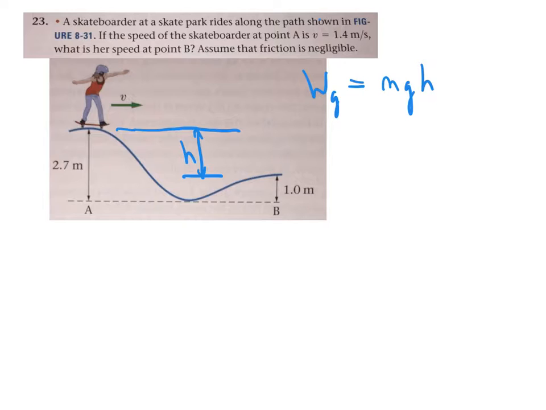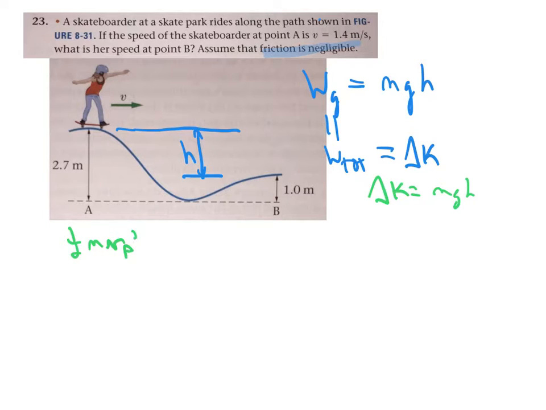But friction is negligible, and therefore the only force acting is gravity, and so this is also the total work. And we know the total work is always delta K. So putting all of those together, we end up with delta K is mgh. But delta K is a half m v_f squared minus a half m v squared, and that equals mgh. I can bring this to the other side to have a half m v_f squared equals 1/2 m v squared